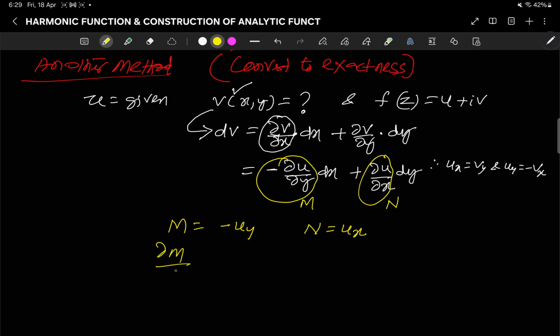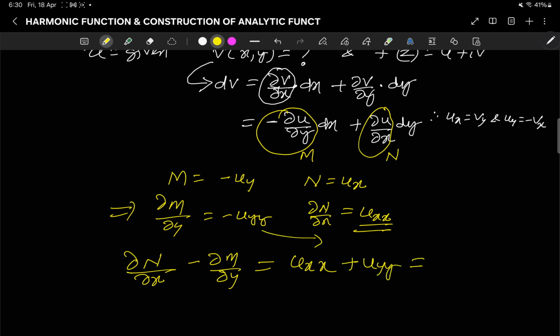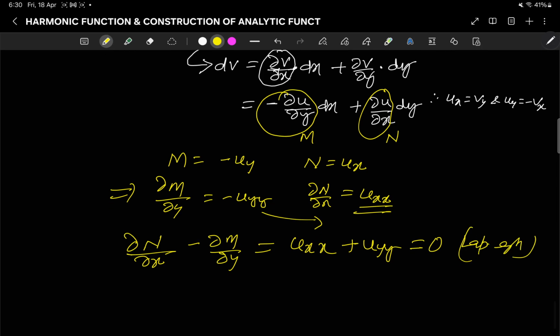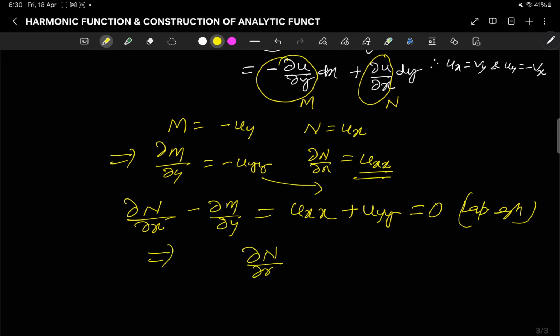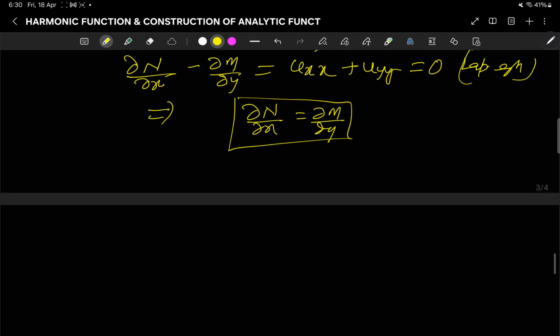So del m by del y will be minus Uyy, and del n by del x is Uxx. So del n by del x minus del m by del y is Uxx plus Uyy, but you know this is equal to 0 because of the Laplace equation. So what we are getting? That means del n by del x is del m by del y. So this equation star is exact. Therefore equation star is an exact differential equation,